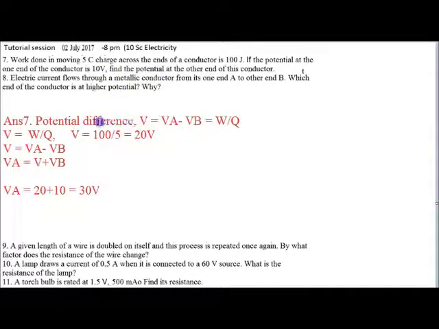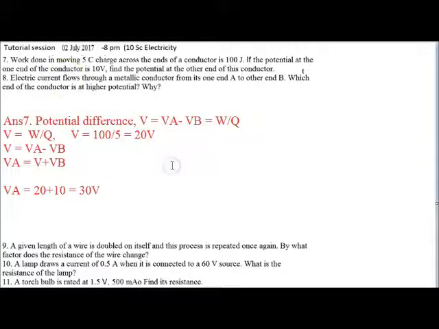So it comes up with the concept of potential difference. Potential difference is the difference between two potentials, that is two ends. So we can say that V is equal to VA minus VB. But as we understand, the formula for potential difference is V is equal to work done divided by charge moved, that is Q. So the work done in joules is 100 joules. So we write 100 joules here, and then divided by charge. Charge is 5 coulombs here. So divided by 5, it comes out to be 20 volts.